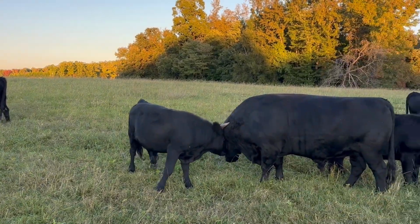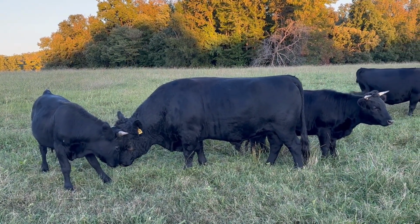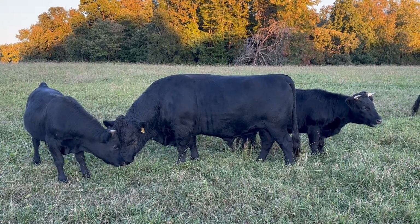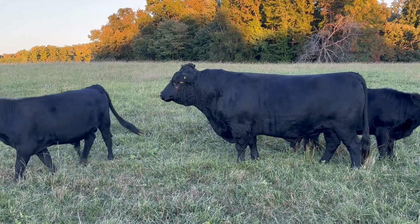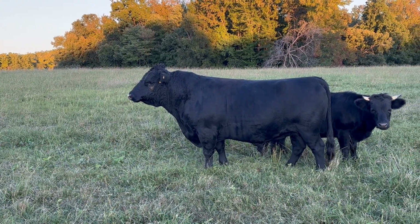contrary to popular belief, we do get below freezing in Virginia. We had a frost this morning. A couple winters ago, we had some 10 below weather. Thankfully, the cows grow a decent coat in the winter. But yeah, color-wise,